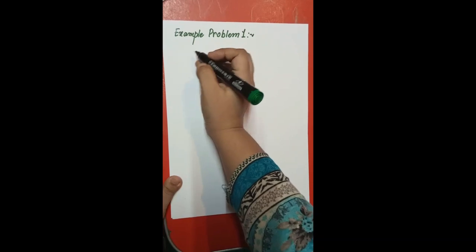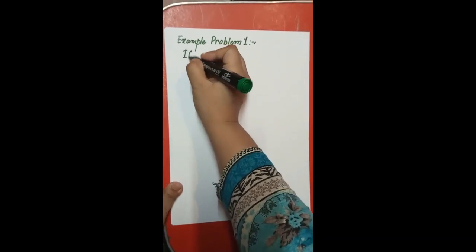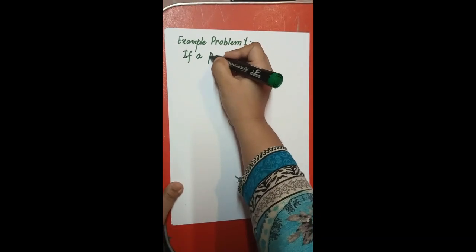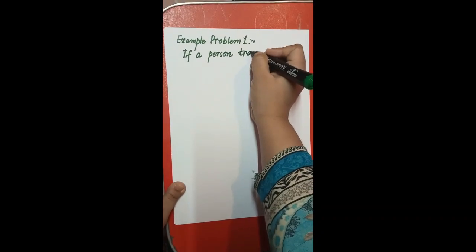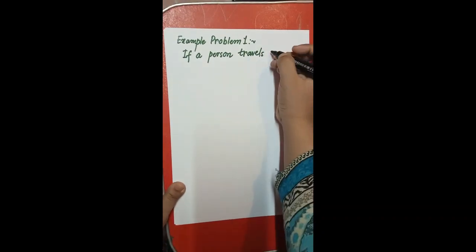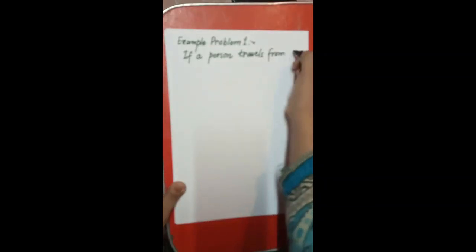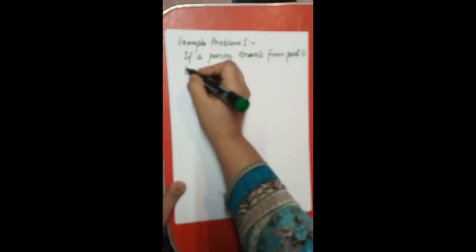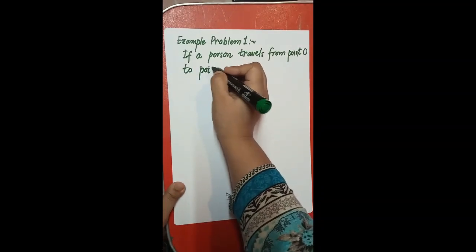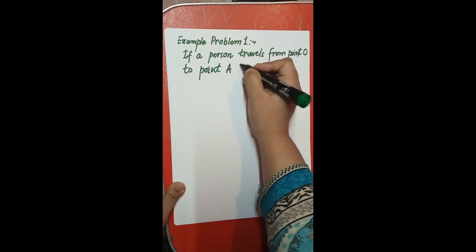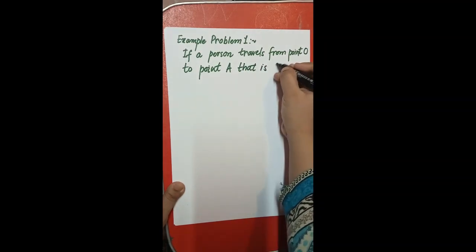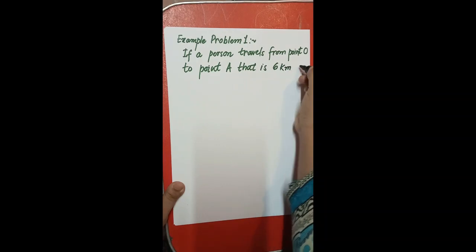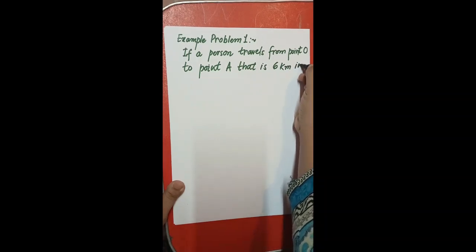If a person travels from point O to point A, that is 6 kilometer in length,